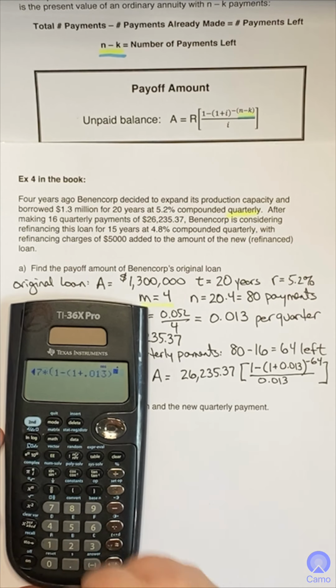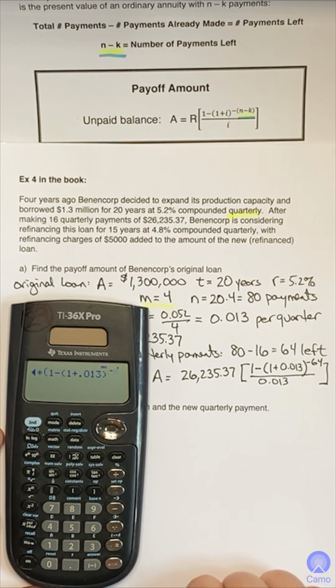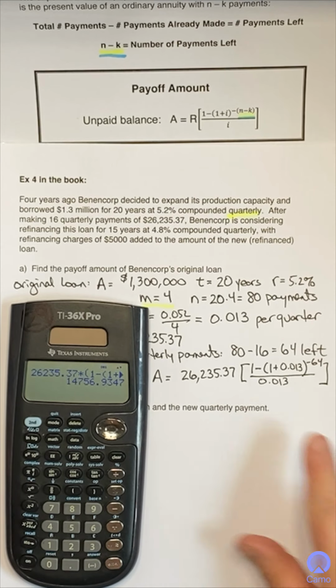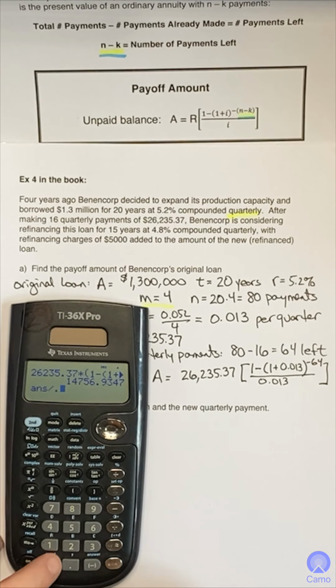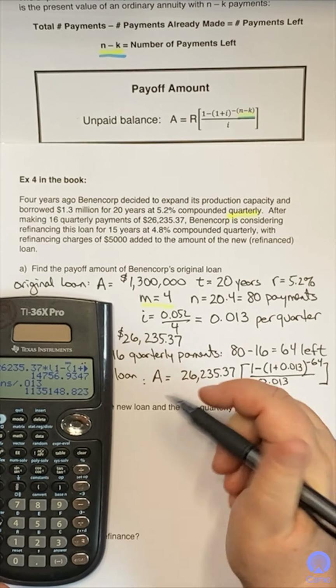I'm going to do my exponent key, my change the sign key, my 64, and hit enter. You notice I even skipped the last parenthesis, and that's fine. That's my numerator, and then I have to divide that whole thing by 0.013, and the answer is